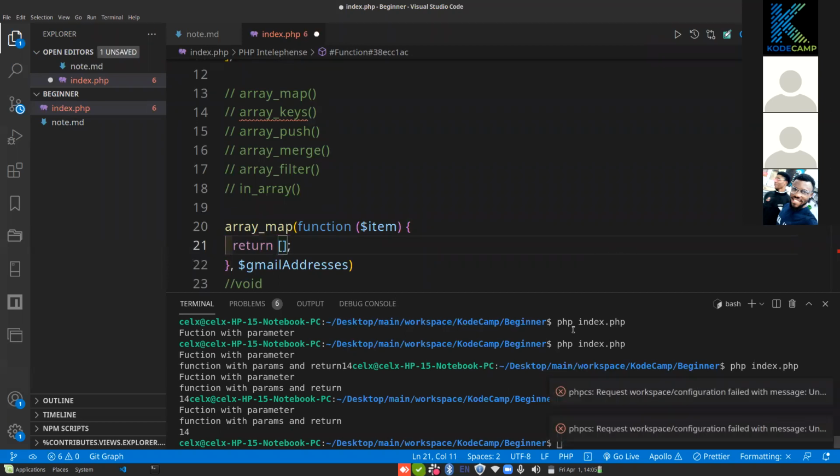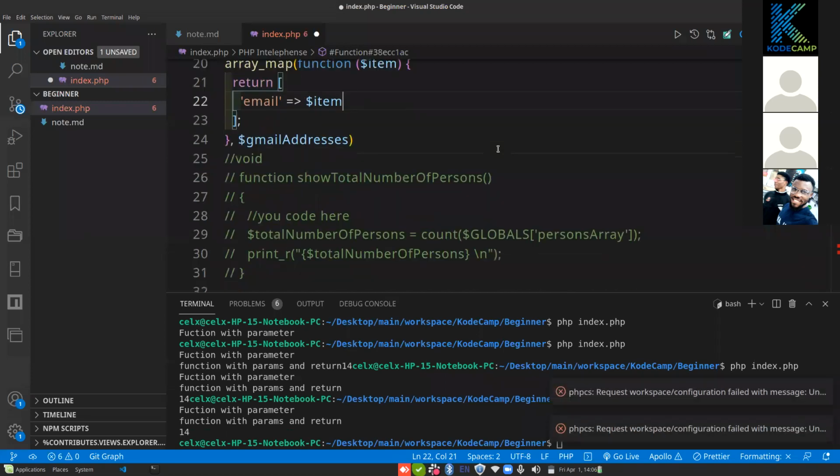So I want to now transform every single element of the array into an array. All right. So I want to transform this array into a multi-dimensional array, where you have one element into n number of elements. All right. And I want to add a few things into it. So I want to add something like email, and of course, I want to add the item, because I know the item that is going to be returned will always be